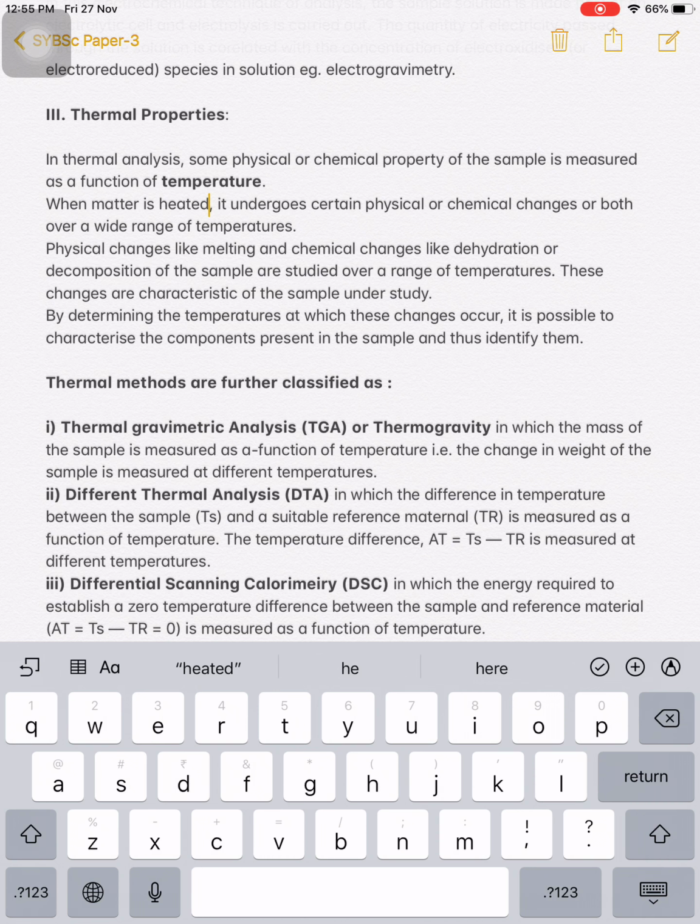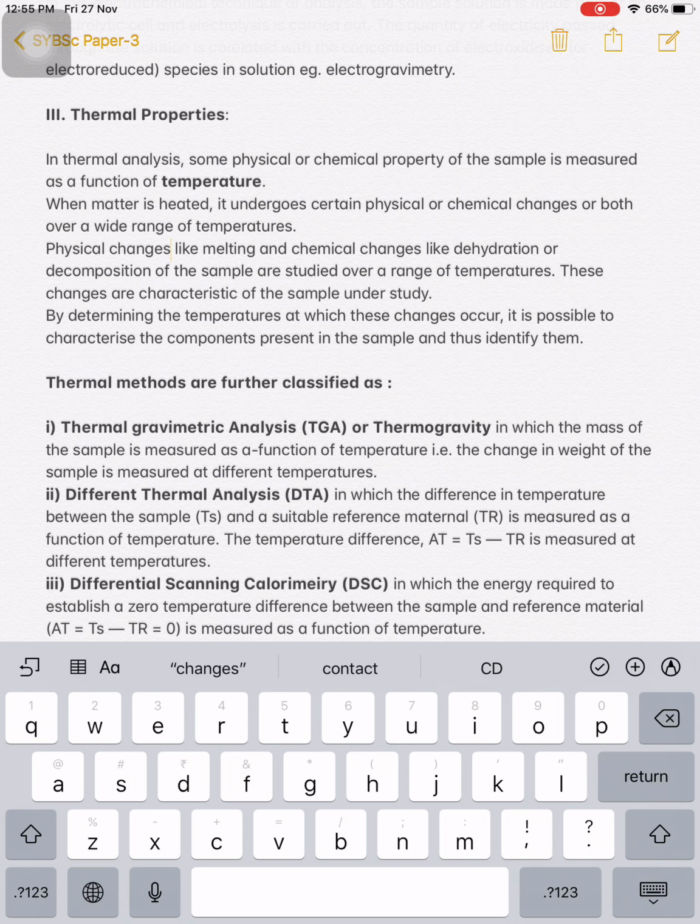So if we start heating the component from lower temperature to higher temperature, the physical or the chemical properties of that component go on changing. So that property is used for the identification of the component. Physical changes like melting and chemical changes like dehydration or decomposition of the sample are studied over a range of temperatures. So in this case, melting is a physical property and the dehydration or decomposition of the sample is a chemical property, are studied